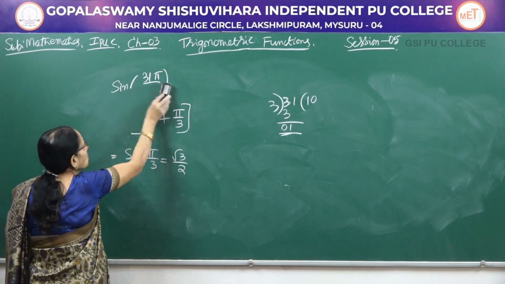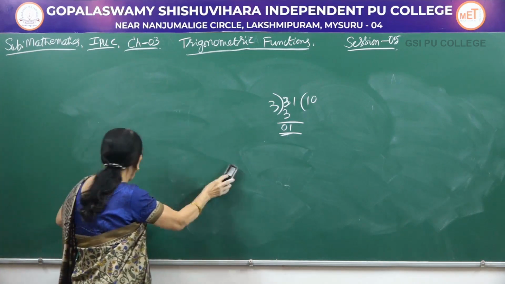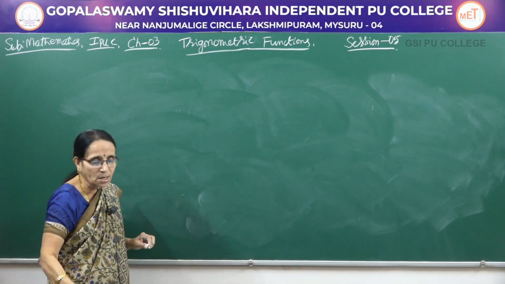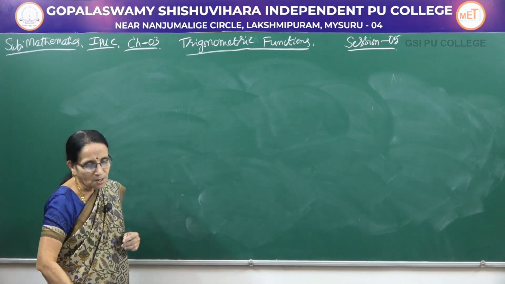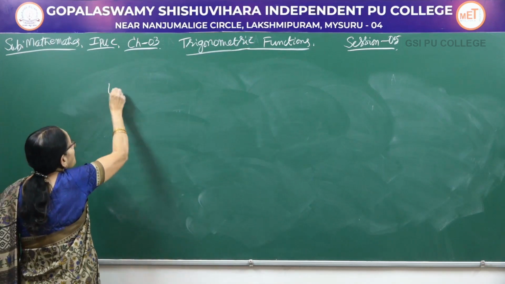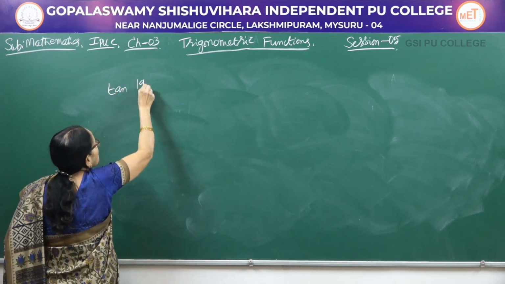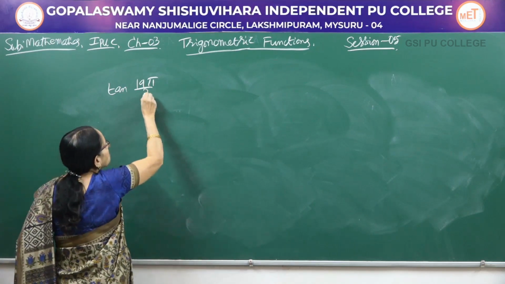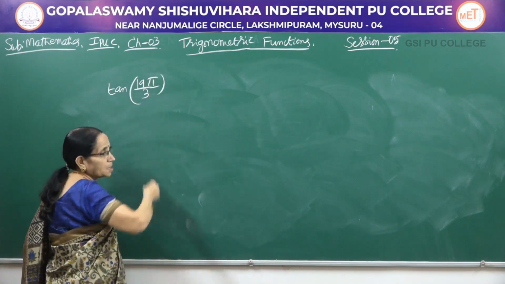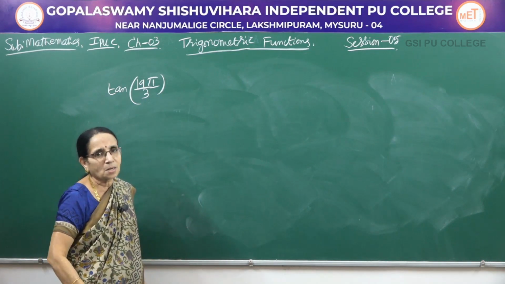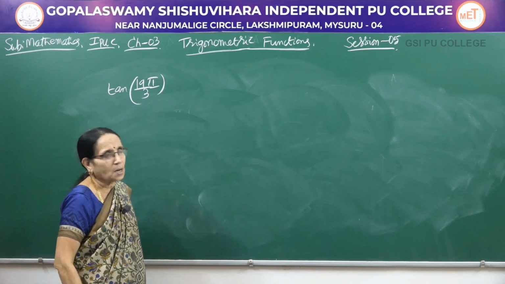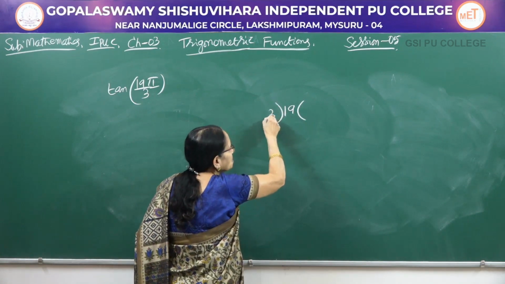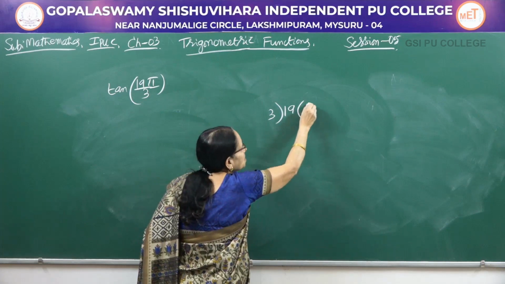Here it has been given to us. So, this is the procedure you have to follow. That is, if it is given in degrees or radian measure, the same procedure we are adopting. Next problem is tan 19 pi by 3. It need not always be 3, it can be 4, 5, 6, any number it can be. 19 pi by 3. So, let me divide 19 by 3. Take only the number.